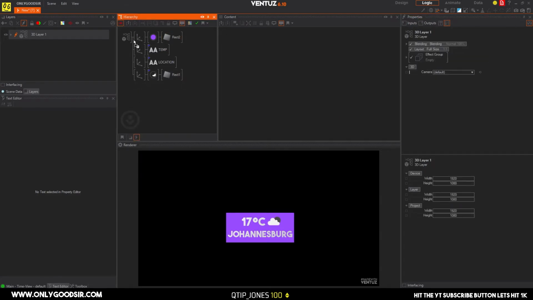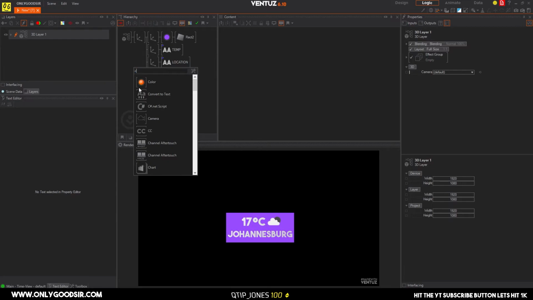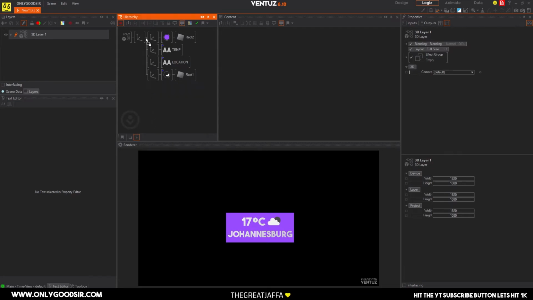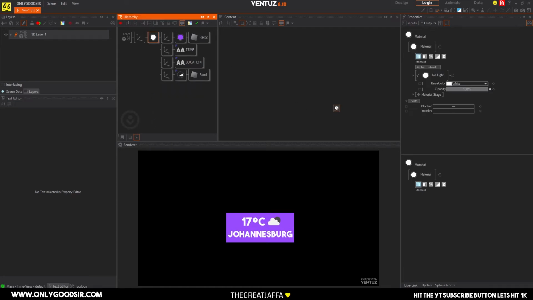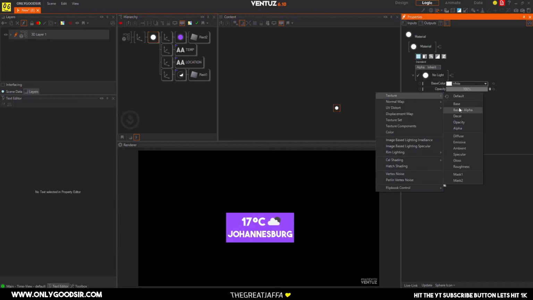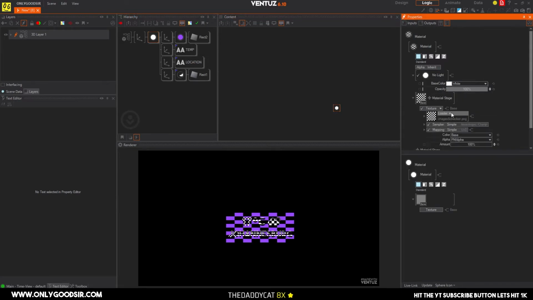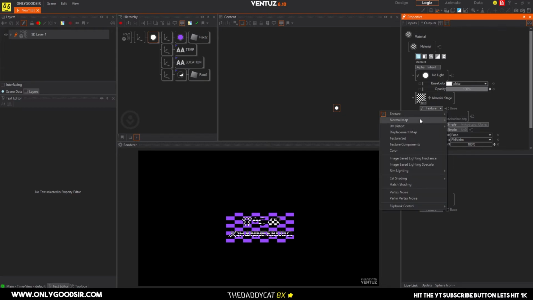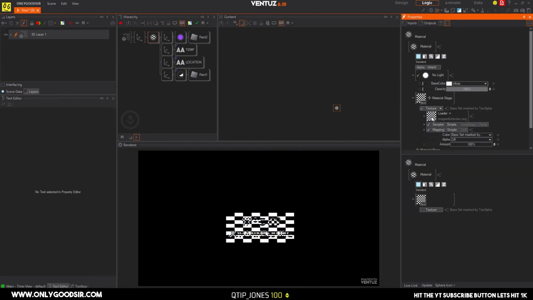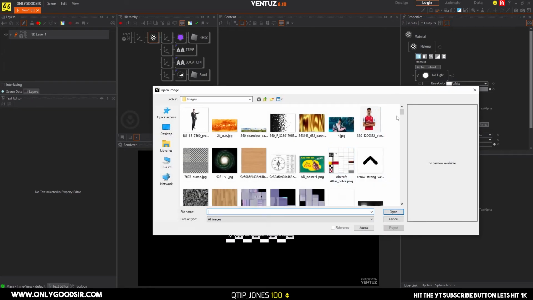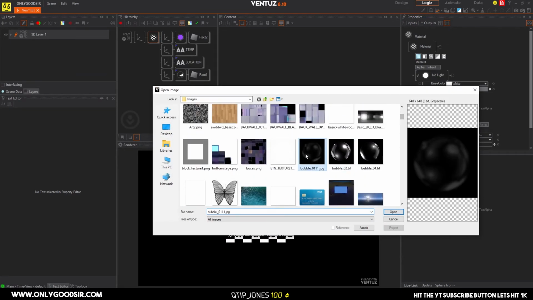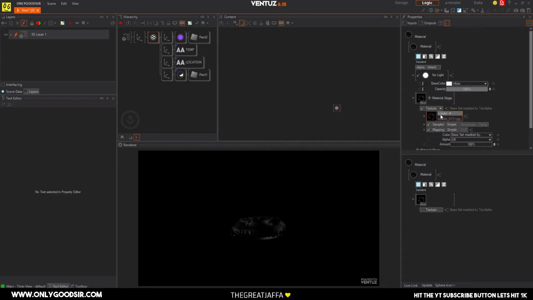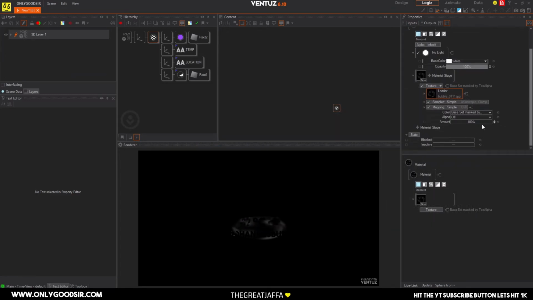What I can do is put these all in a group. Get another color solid, then load in the texture, base with alpha. Right. This is going to be a decal, and you can load in whatever reflection texture you want. I want these blurry ones, and there's some additive, so